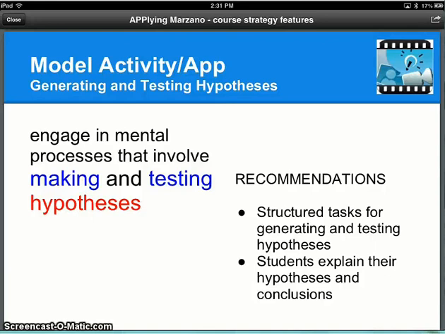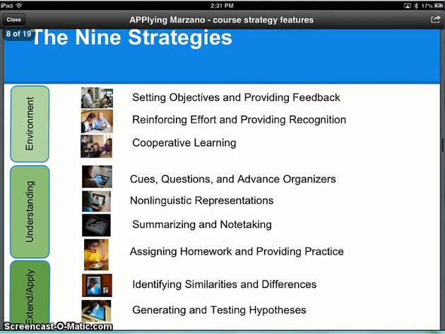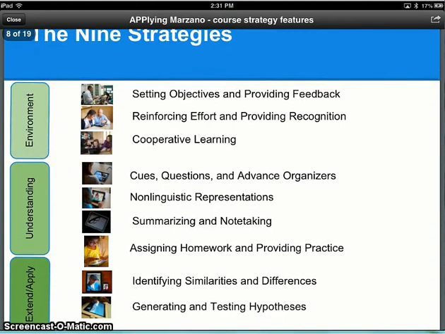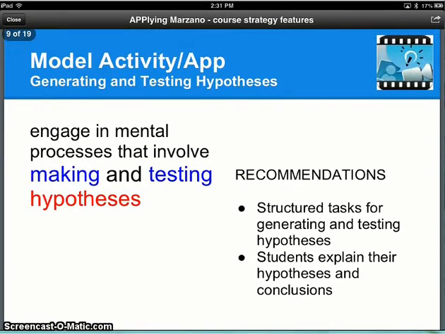Hey everybody. In this video we'll learn about generating and testing hypotheses as a strategy, and we'll take a look at the Explain Everything app as a way to work with the strategy. Just as a reminder, in our layout of the 9 strategies, generating and testing hypotheses falls in that third category of extending and applying knowledge. So as we look at this app, and look at this strategy, we'll really focus on the idea of